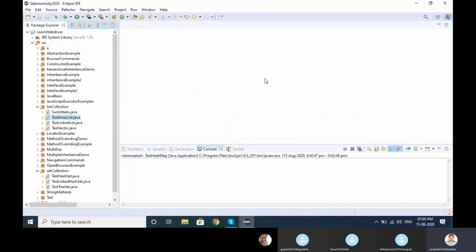So in map, what happened? Map also has some categories: hash map, linked hash map, tree map, and hash table. These four classes come under the map interface. But what happened with map, when we want to take key plus value, and where exactly are we using it? Let's say suppose in Excel, in testing also, we want to take data from the Excel sheet, from the column and row, then we can use the map interface.